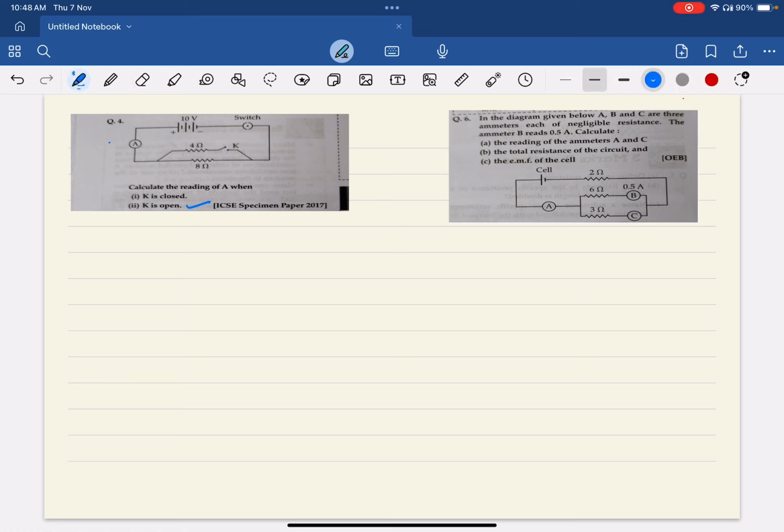So when it is closed, what does that mean? That means this 4 ohm resistor will be connected in the circuit. And when it is not closed, which is what is given in the diagram, then the 4 ohm resistor is not connected in the circuit. Also, you would have noticed that